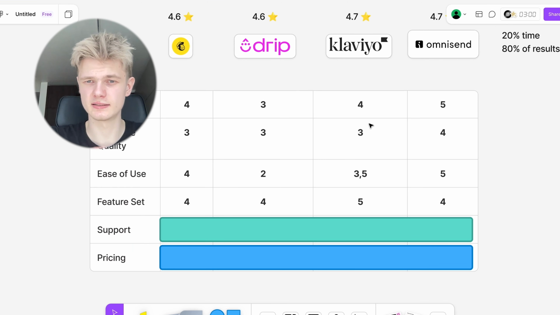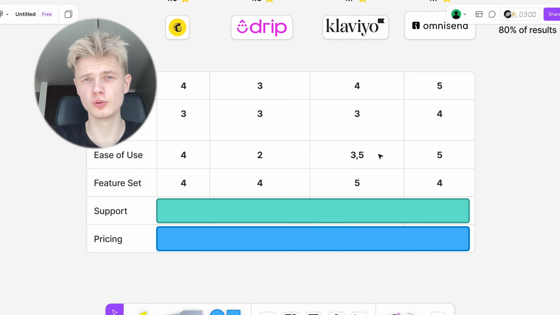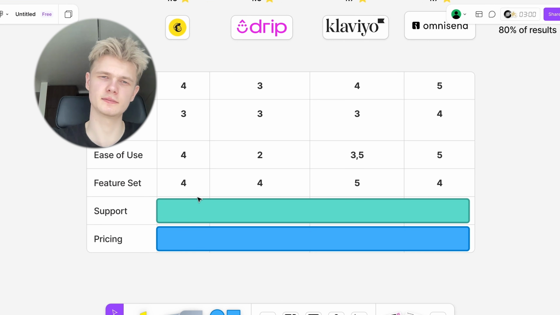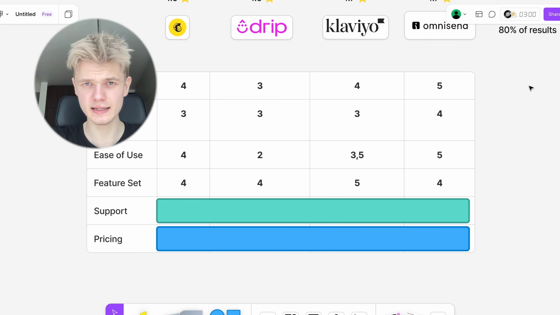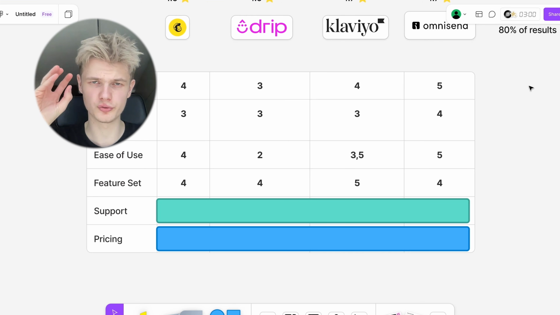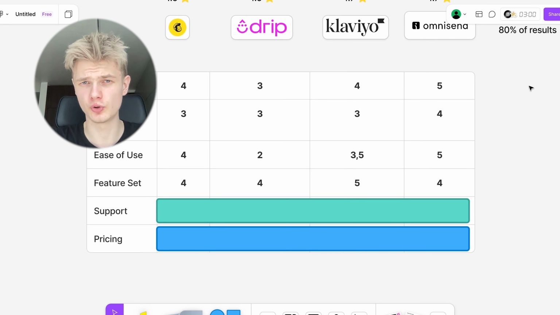Well, template quality is another thing, but yeah, and it is a bit harder to start working in it. So yes, you get more tools, but you also pay for that. In all the other ways, MailChimp, Drip and Omnisend have all the tools that you will need for your brand or for your clients. So you don't need more.